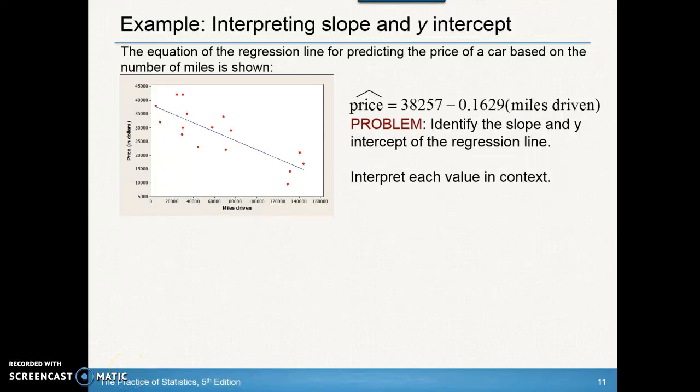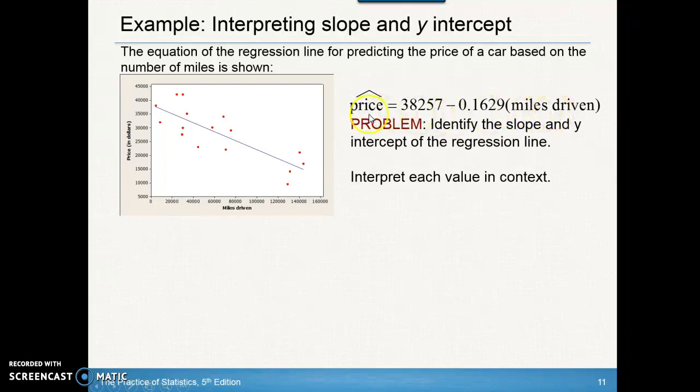Let's just take a minute and go over an example of interpreting the slope and the y-intercept for the least squares regression line. The equation of the regression line for predicting the price of a car based on the number of miles driven is shown below. So here's your equation. Now notice that hat is predicted. The predicted price is equal to 38,257 minus